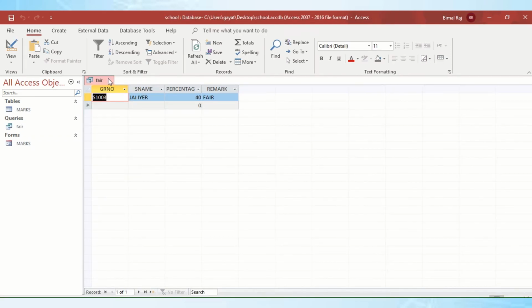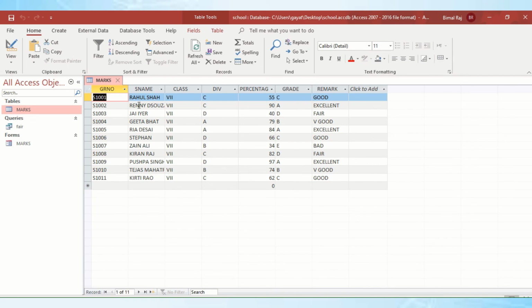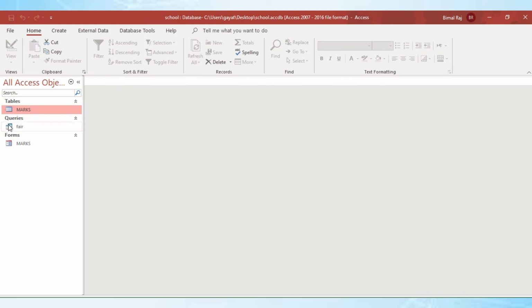So now let us look at one more example. Here we have a table which we had created in our previous sessions, with marks, and we had some details of the students, class, all this, and I want to make a small report using the report wizard. Here the queries, can you see the logo of the query? The query logo is different, the forms logo is different, and the reports logo is also different. Once the report is created, you will realize that the reports logo has got a green color, the forms has a small maroonish border, and the queries have got a double window, and this is the icon for the table. So each of the objects in Access has a different logo to represent it.